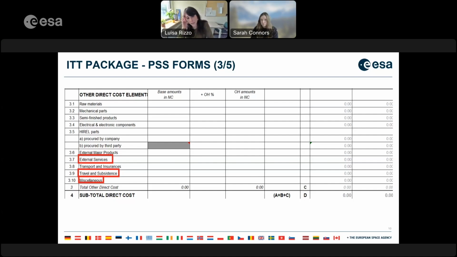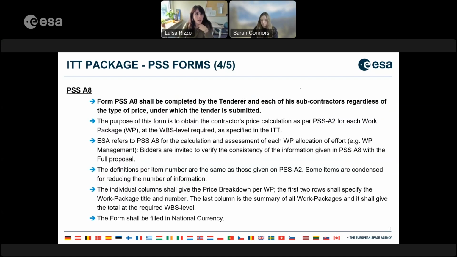So please make sure you spend a little bit of your time on the PSS form, especially the A2 and the exhibits, because these three documents really give us a clear overview of the full proposed project. Moving to the PSS A8,